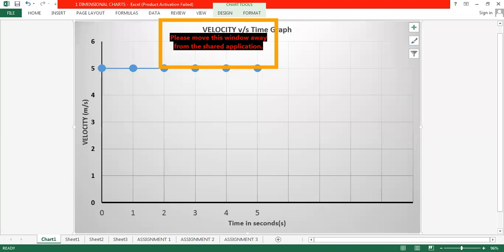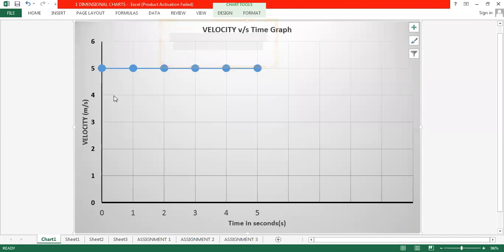So how did you get it? You will find this is your velocity versus time graph. On the y-axis, your velocity is there in meters per second. On the x-axis, you have time. Okay. So this is 0, 1, 2, 3, 4, 5, and this is 1, 2, 3, 4, 5. Okay. Now